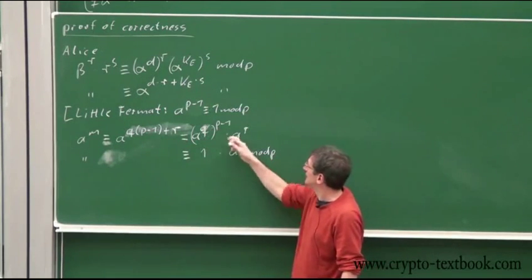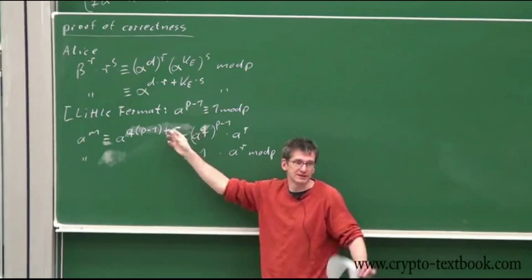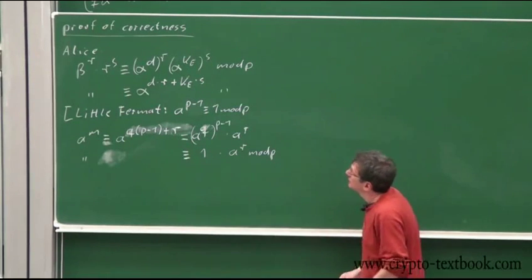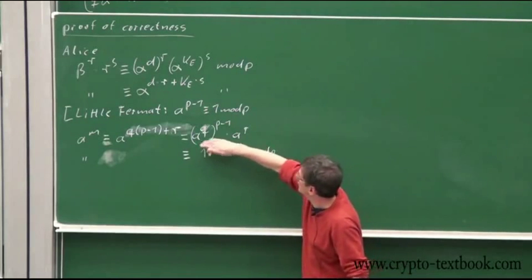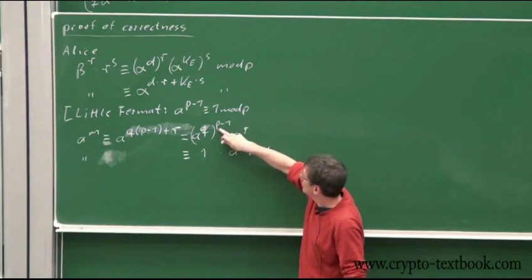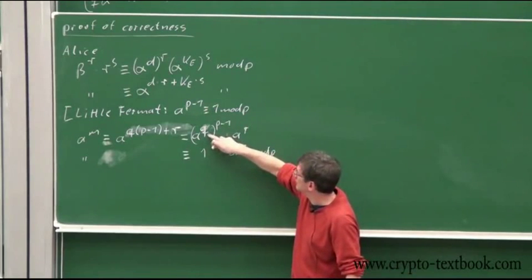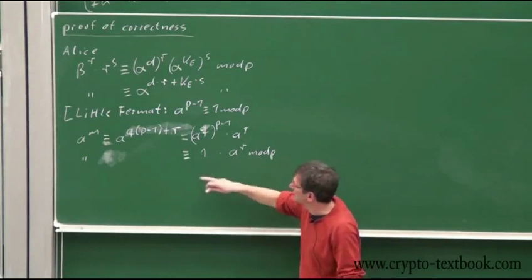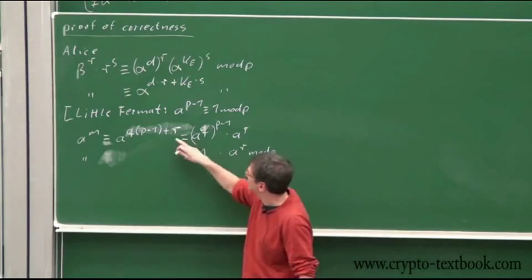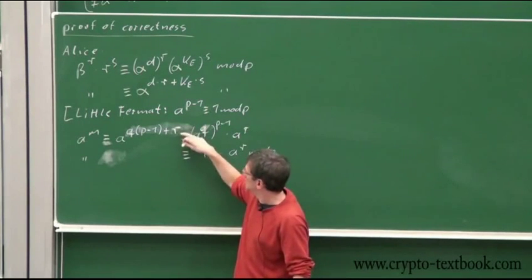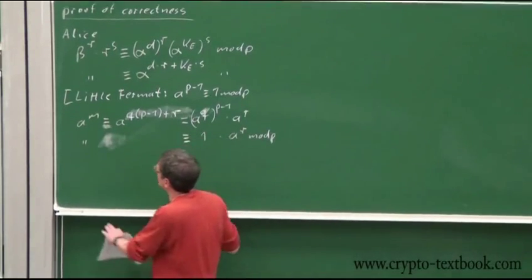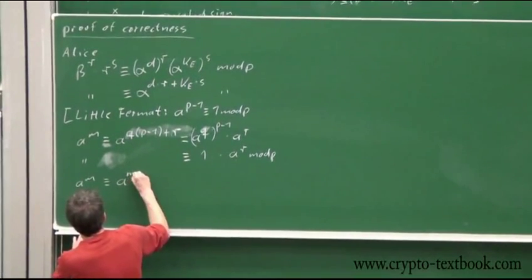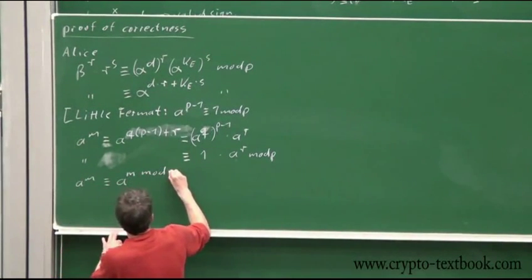Okay. Now this is just algebraische Umformung here. There's no number theory or anything fancy. This is just plain 9th grade. But now if I apply modulo p to this expression, whatever I raise to the p minus 1 power, including this expression, becomes 1. So I'm getting rid of this. What we have left is that a to the m is identical to a to the r, and a to the r is only the remainder of this expression. So from this it follows that a to the m is identical to a to the m mod